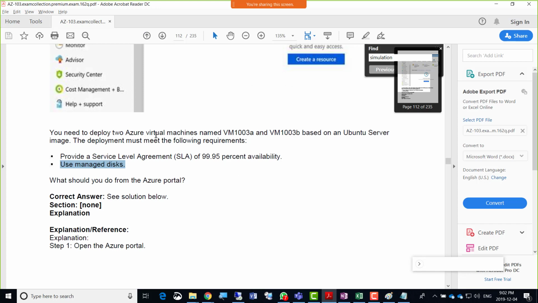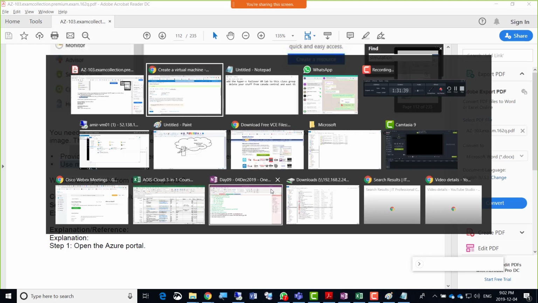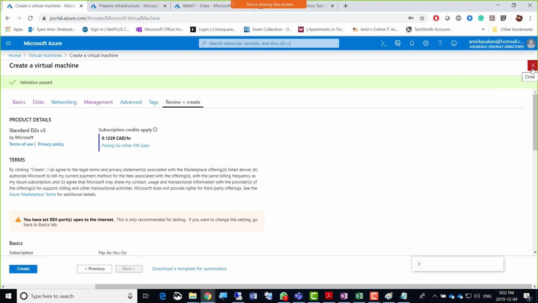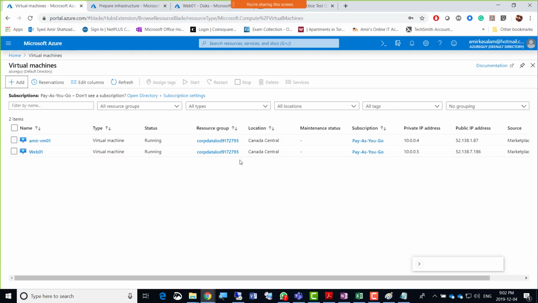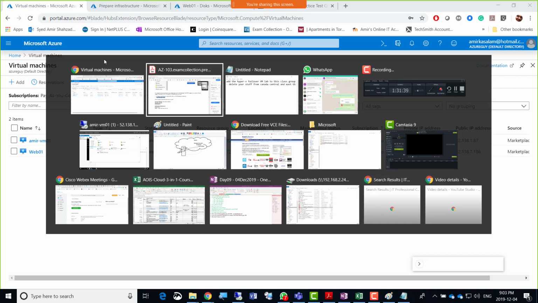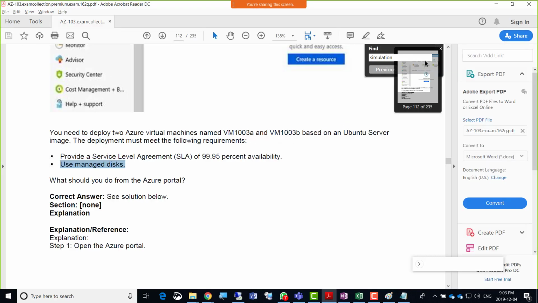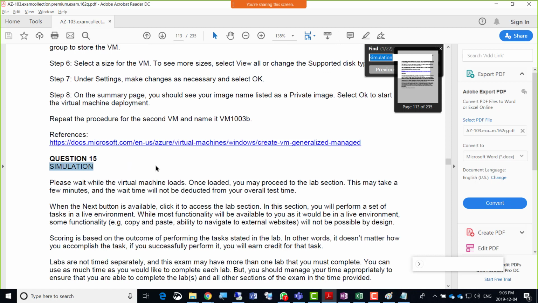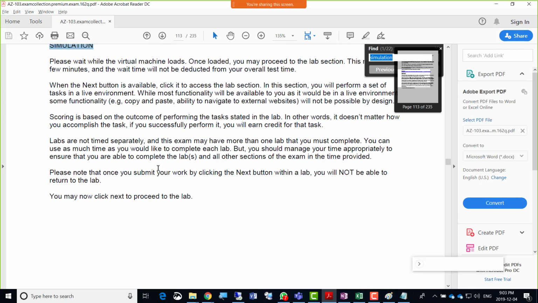You need to deploy two Azure virtual machines based on Ubuntu. Use the availability and use the manage disk as I showed you. So I'm just going to go back here and cancel out. I showed you the objectives. You will create that. I'm not creating that. Anyway, now I'm just going to go to next, and that is question 15, simulation.